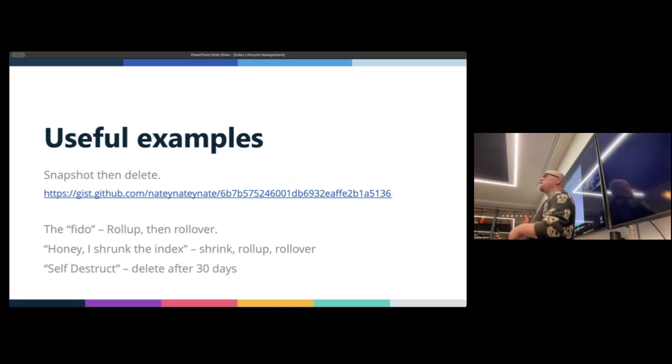The one that I call this one the Fido, because it's a dog's name. Roll up and then roll over. If you're not familiar with a roll up, suppose you've got an index that has metrics or numbers of some kind, and you decide, well, I don't really need the actual numbers themselves.